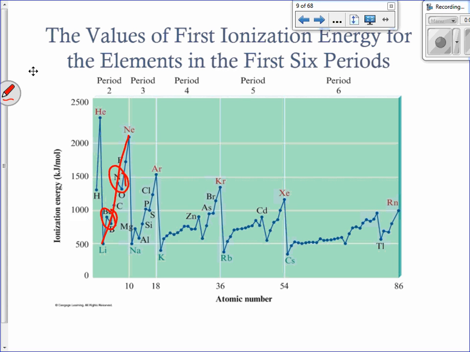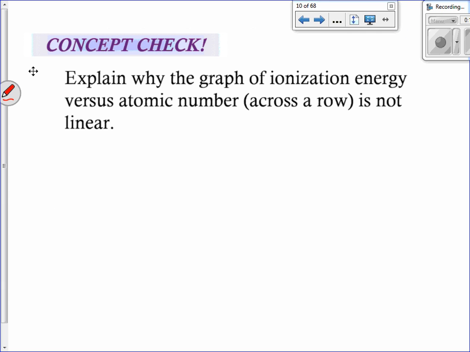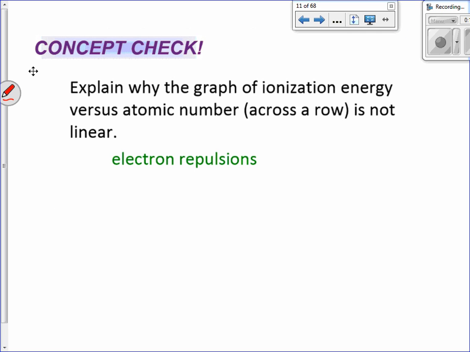Beryllium, it's slightly higher than boron. If we're following the trend, boron should be higher, but no, there are exceptions here. And why is that occurring? Why is it not linear? We have to look at the configurations and the orbital diagrams to tell, because it's really because of some electron repulsions going on. Okay? And I'm going to show you those exceptions in just a minute. But those electron repulsions between those two separate groups cause just a slight little deviation of our normal trend.